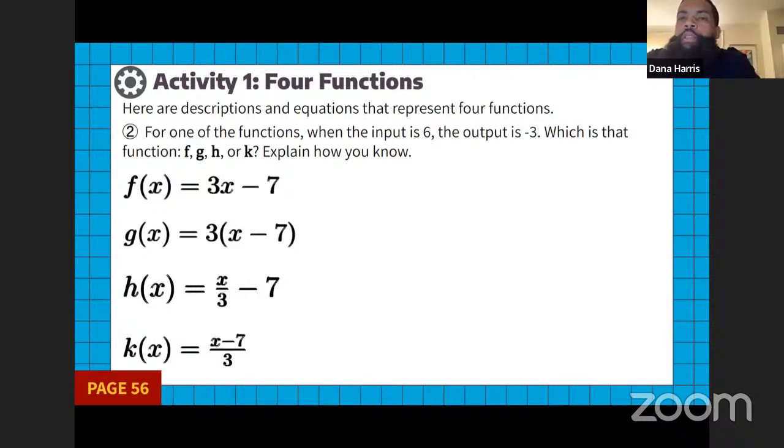So here, for one of the functions, when the input is 6, the output is -3. Which is that function? F, G, H, or K? So let's just work them all out. We want to know the input is 6, right? So input is 6. Okay. And for